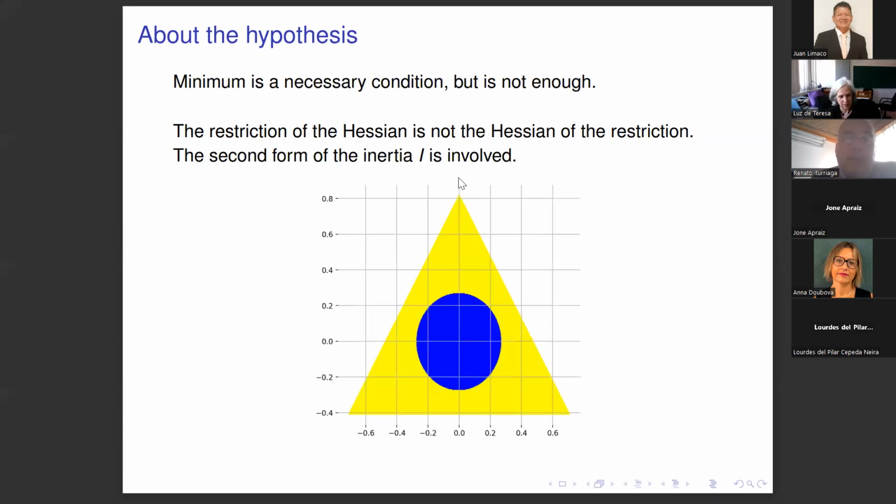And for example, what happens in the triangle, this is a picture of masses. You should think that this is the simplex of masses, and you should think of the corners as one mass being 1 and the other two being 0. You should think of these edges as one mass being 0 and the total weight shared between two masses. And you should think of the center as the three masses being equal.